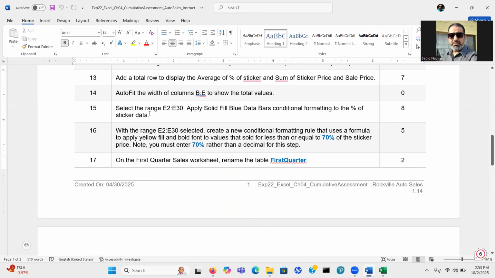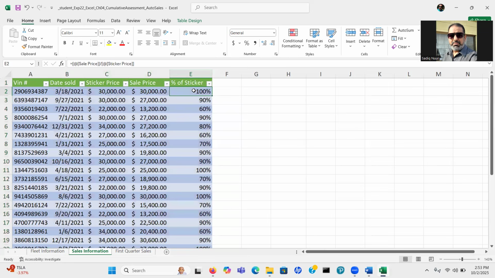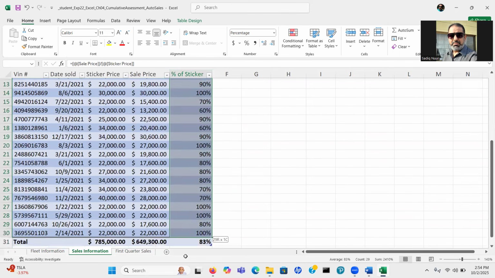Now select the range E2 all the way to E30 and apply a solid fill blue data bar conditional formatting to the percentage of the sticker data. So highlight E2 all the way to E30.